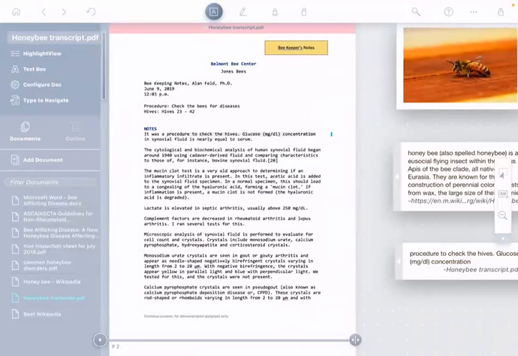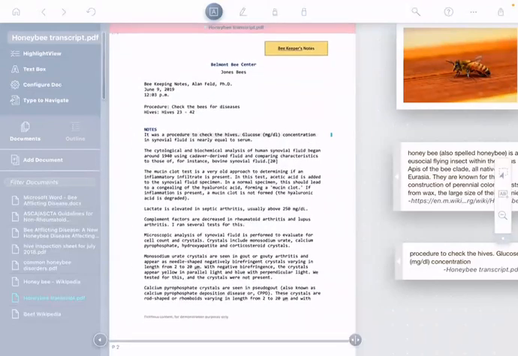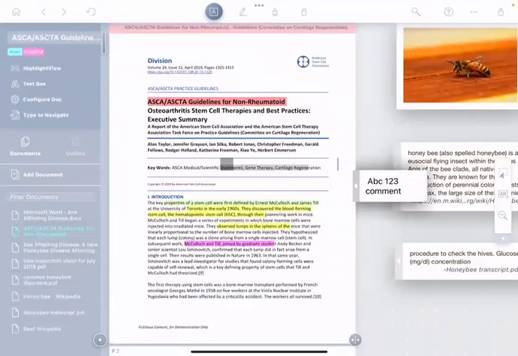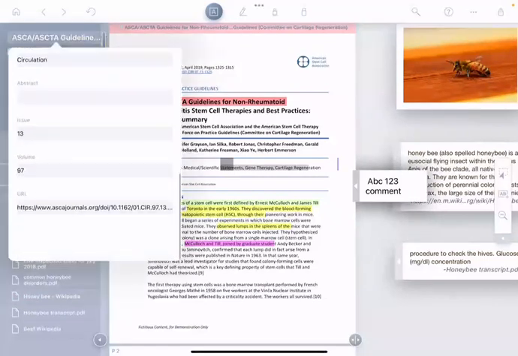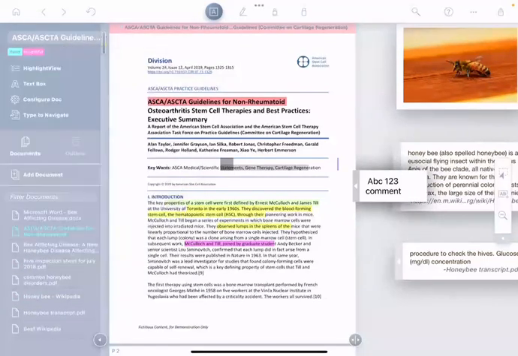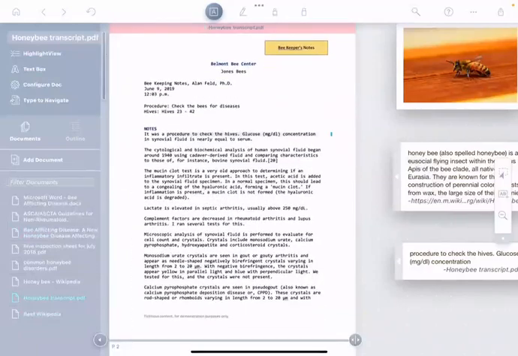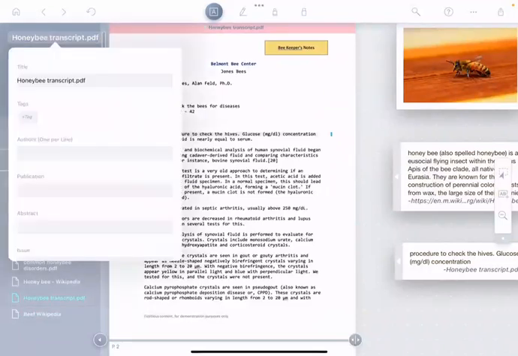Okay, so now let's talk a little bit about the metadata. So this is a document, of course, that I just created here. And in contrast to some of the documents that I pulled in earlier from the reference manager, which had all this great metadata, my honeybee transcript, since I just created it from scanned images, of course, it has no metadata. So one of the nice things with Liquidtext now is you can tap here, and of course, you can add metadata. So I could add authors, let's say,